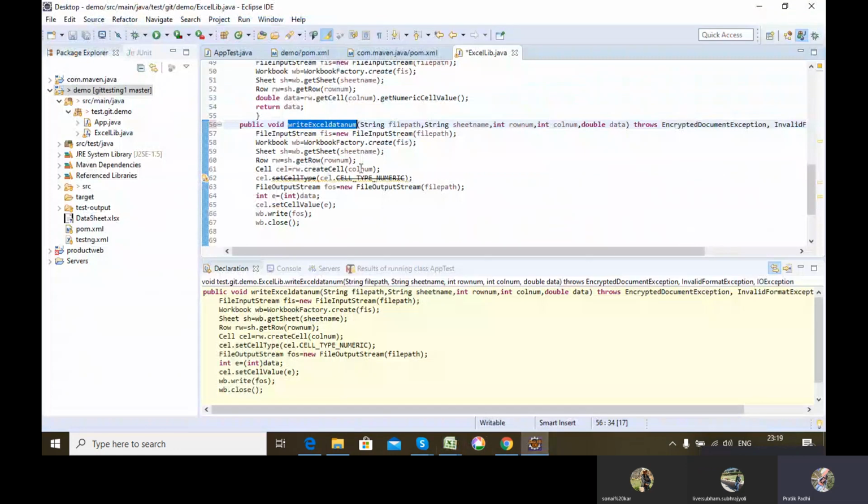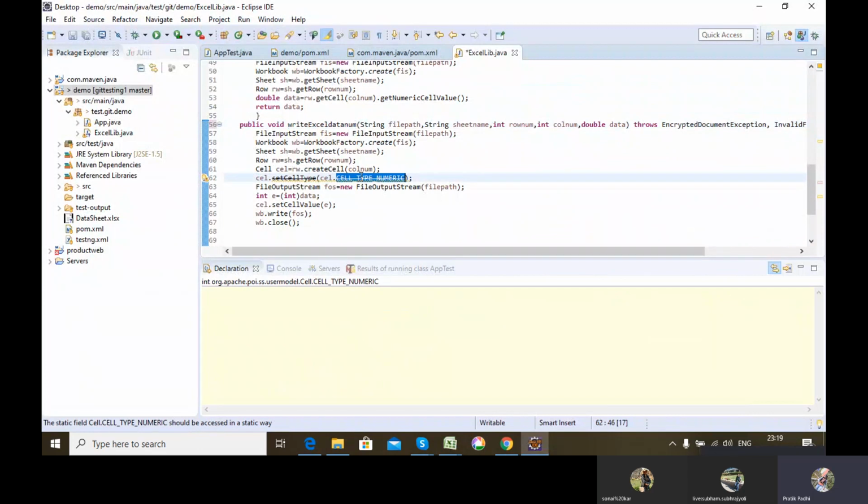The only difference is that there I set the cell type string. Here I am setting the cell type numeric, and I am storing a numeric value in it. The rest of the lines of code are the same.